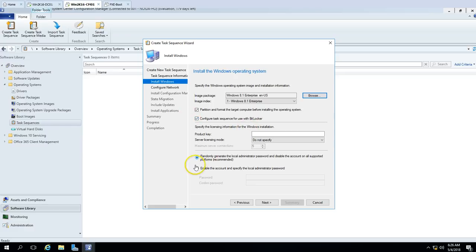And image package, I'm going to select Windows 8.1 for now, and product key I don't want to go, and here I'm going to specify the local account password for the administrator account. So good, and now I don't want to configure the task sequence to use BitLocker, so leave it. Click next,